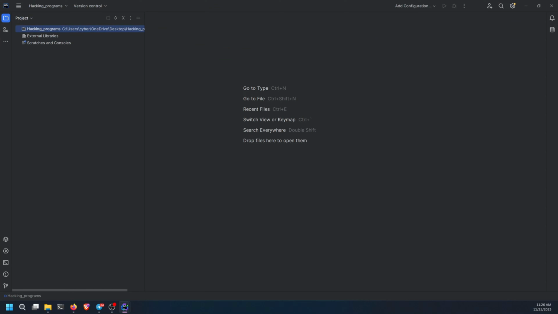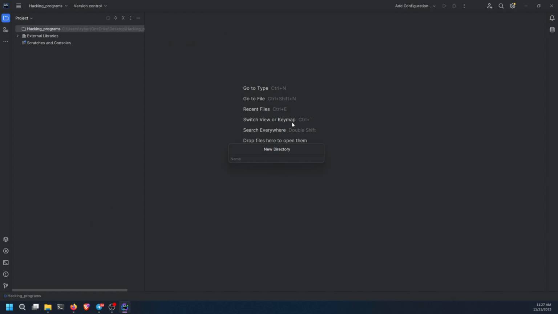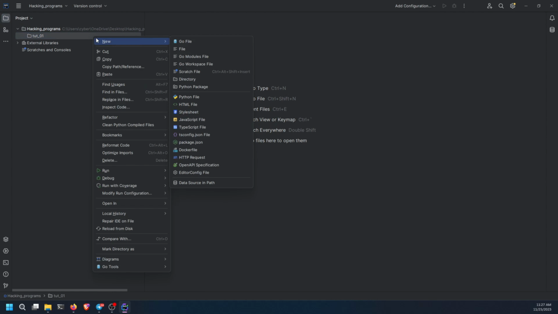Here we go. After opening, what we are going to do is click on the new directory, and all the code snippets will be provided once the course tutorial is completed. All the code will be provided to you in the description section, so you can download it. I am creating the new directory. New directory is basically the new folder. I will name it tut01, and in tut01 I will create a new file named Python